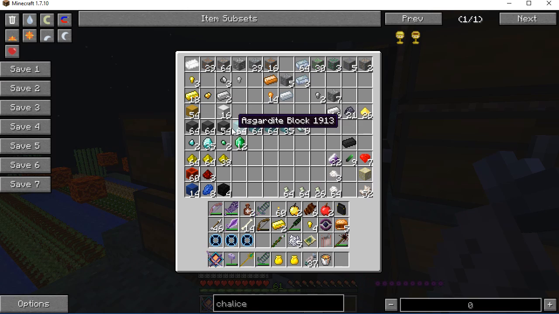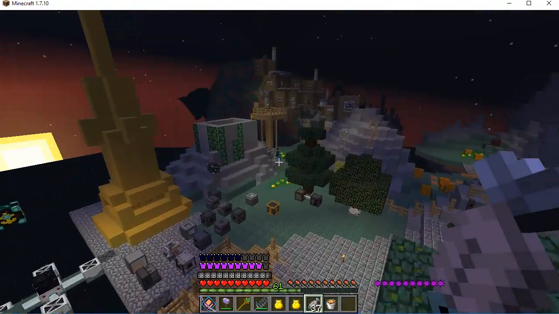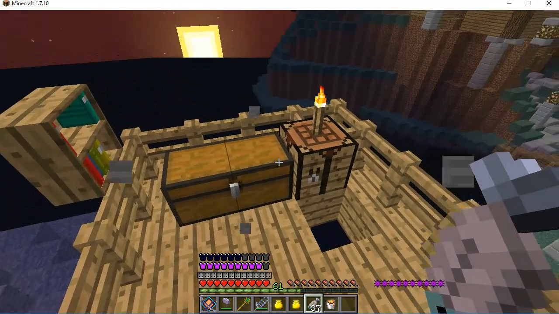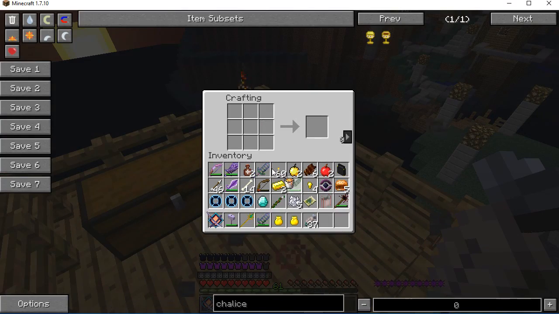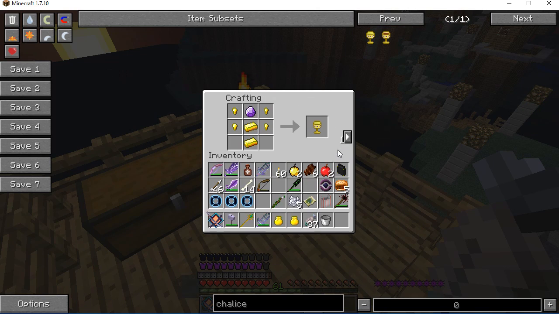Okay, so I should be able to power this up soon. Oh yeah, diamond, to get the attunes down. Okay, so I'll have a couple upgrades real fast. All of them, not exactly, but that'll be okay. Okay, got that. Now, the Chalice's crafting recipe was...